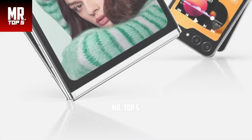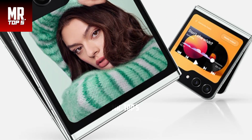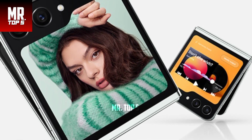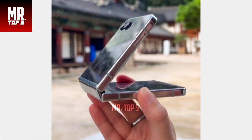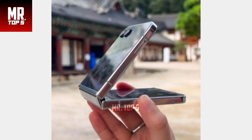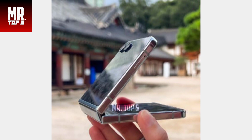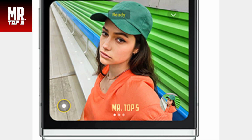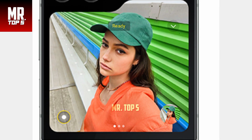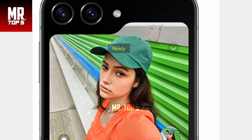Let's dive deeper into the foldable experience, which is the heart of this device. The hinge technology in the Z Flip 5 has undergone significant refinement to make it more durable and smoother in action. This hinge allows you to use the device at various angles, enhancing versatility, whether it's watching videos hands-free or taking steady photos without a tripod. The foldable design opens up new possibilities for how you interact with your device. Samsung Flex Mode optimizes apps to make the most of the foldable form factor. You can use it for video calls, with one half showing your call and the other displaying your call controls or chat apps. It's also perfect for video streaming, as you can set it on a surface for a hands-free viewing